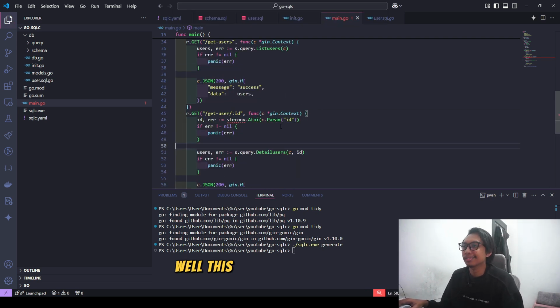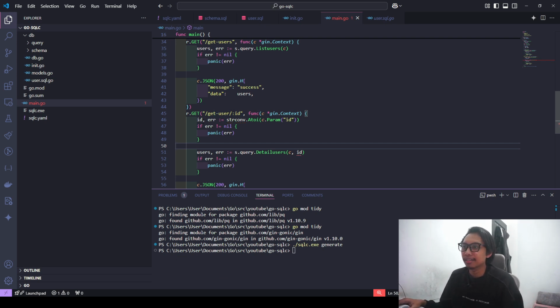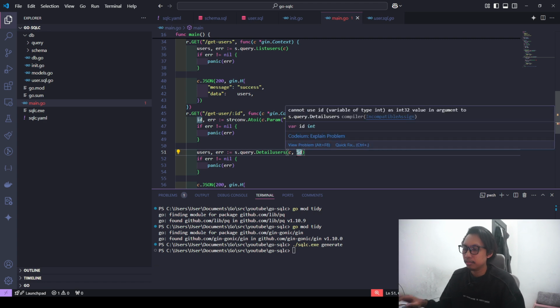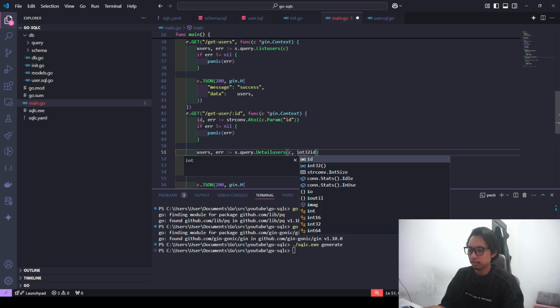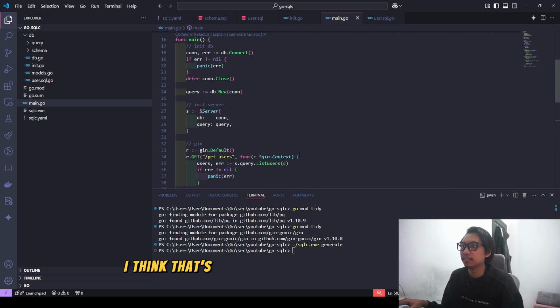This helped me a lot, Codeium helped me a lot. Now it's using int32. I think that's it.